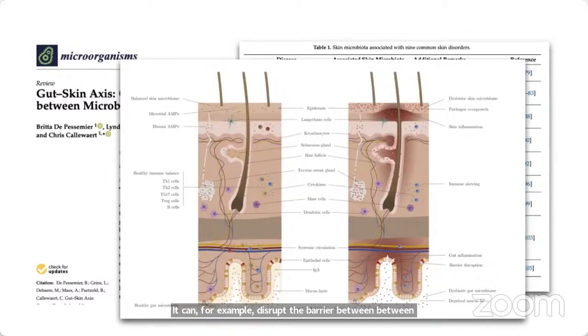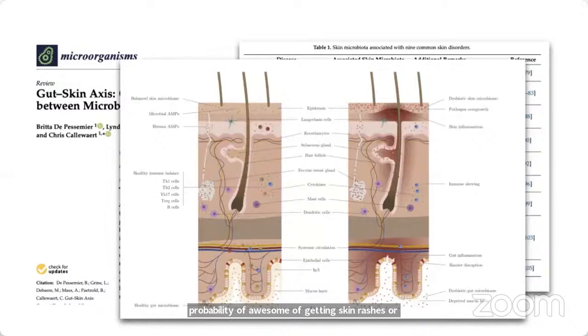It can also, for example, lead to increased intestinal permeation into the bloodstream, and it can also lead to some inflammation that can be observed around the gut. And again, at the skin level, it can lead to impaired skin barrier, imbalance in the skin microbiome, or reduced, for example, antimicrobial peptides production, as we saw in colon sensing, right? That can increase the probability of getting skin rashes or lesions, etc.